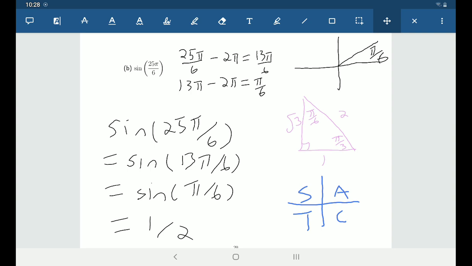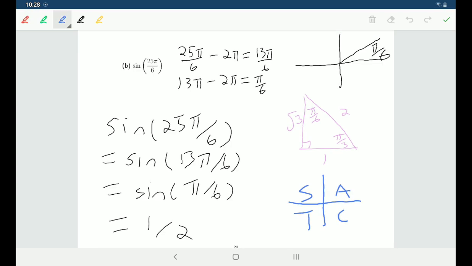I know that 25 pi over 6, I want to subtract a full circle from that, so I'm subtracting 2 pi, but 2 pi is the same thing as 12 pi over 6. So that's what really makes my calculation easy here. Really, I'm doing 25 pi over 6 minus 12 pi over 6,